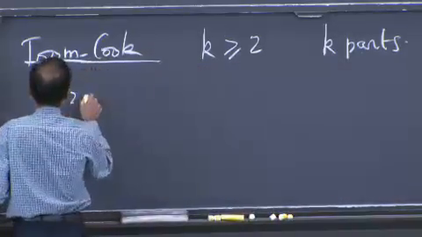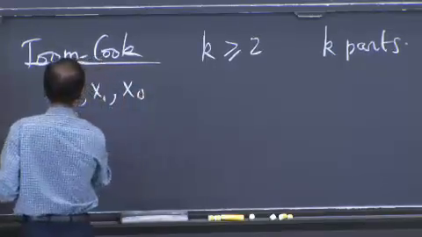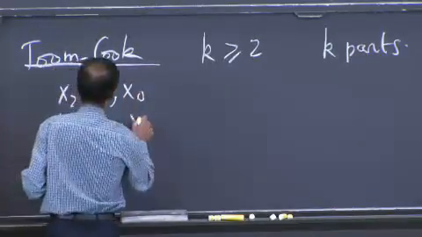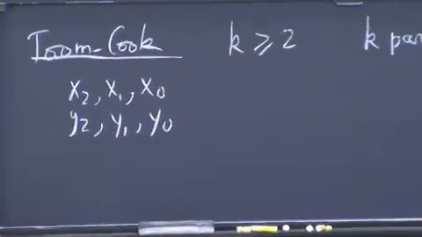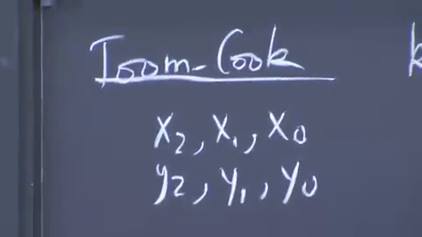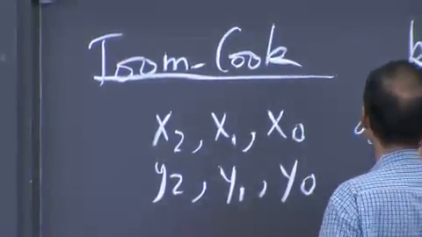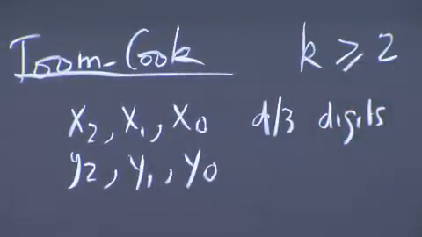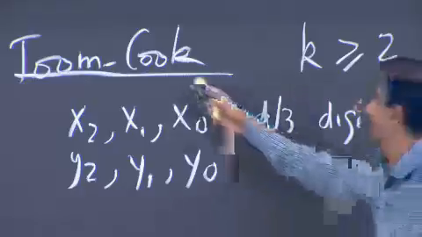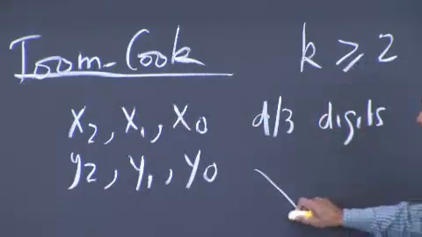But just to give you a sense of what happens, the Toom-3 method, or the Toom-Cook 3 method, breaks a number up into 3 parts. So each of these would have d by 3 digits of precision. So this is what you're starting out with. You're starting out with a d-digit number, but at the very first level of recursion, you're going to break things up into 3 x_i numbers that are d by 3 digits long. Same thing for y. And if you did a naive multiplication of this, how many multiplications do I need?